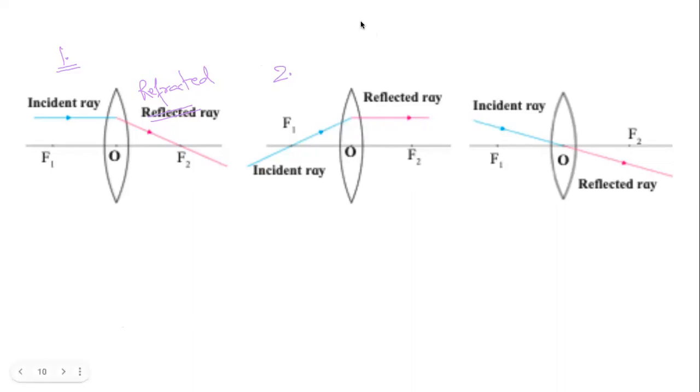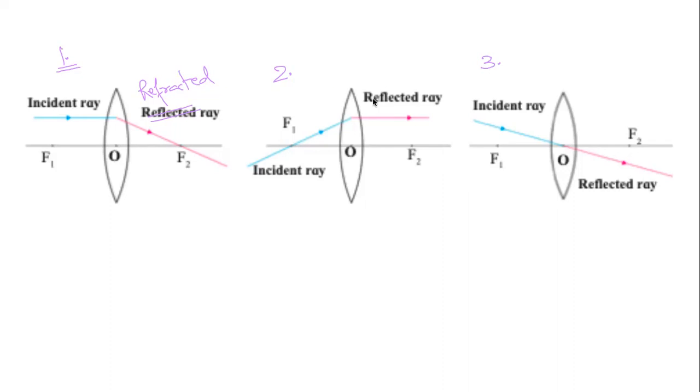Prachi is saying it is opposite of the first rule. Should we say opposite of the first rule? There is a better word, Prachi. Yes, it's the converse of the first rule. So converse means if becomes then and then becomes if. So from the first rule, we can also derive the second rule. We will say if the incident ray passes through the focus, then after refraction, the ray is parallel to the principal axis.